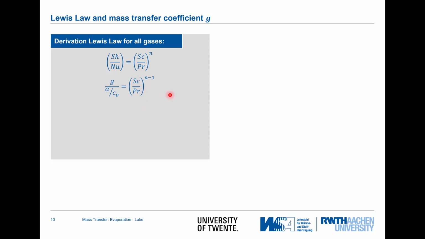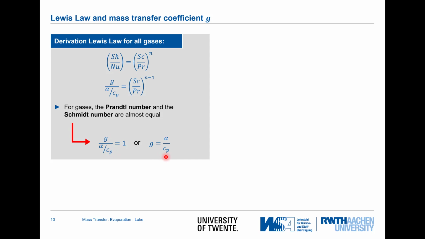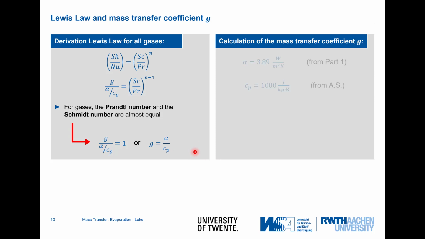If heat and mass transfer are strictly analogous, we get here a case where Schmidt and Prandtl are almost equal, so we get a 1 on the right-hand side, or we can express G as alpha divided by Cp. Now we have calculated alpha average, we have determined Cp, so we can calculate the mass transfer coefficient, taking the values that we have